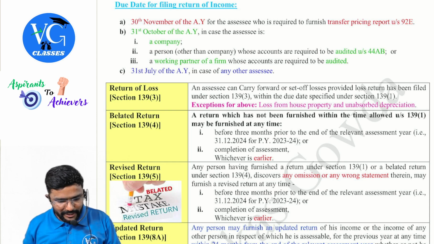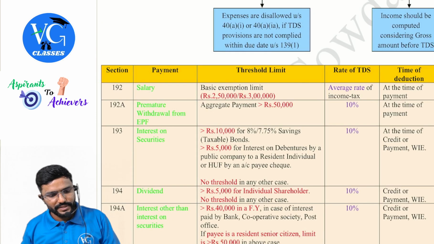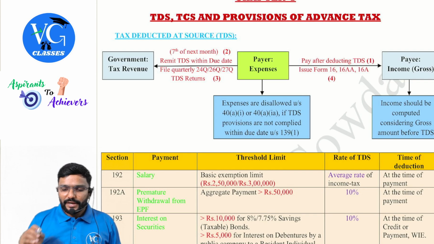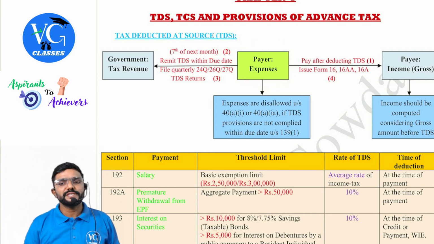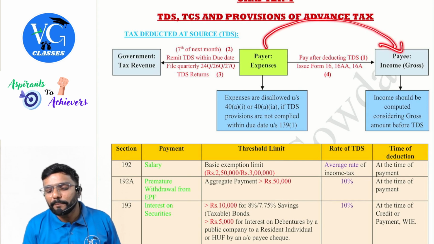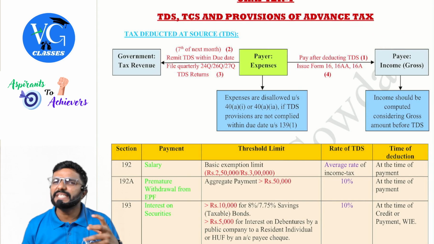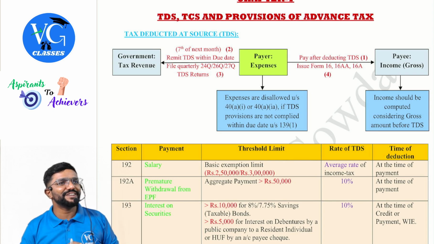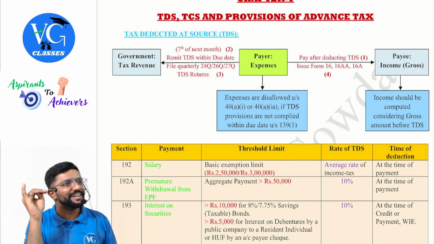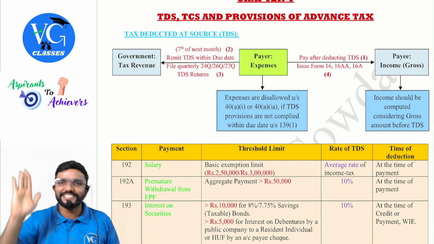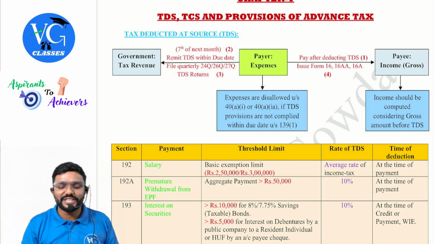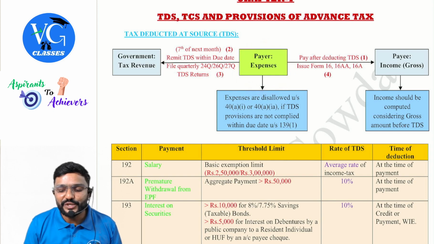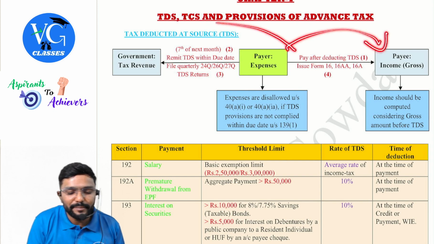Okay, sir. Next, let me touch the concept of TDS also, guys. TDS. Guys, whenever a payer is paying any expenses, he has to check what he is paying to the payee, that is the person who has earned the income, whether it is covered under the TDS chapter from section 192 to 195. Sir, 192 to 195, that means only 192, 193, 194, 195? No, the 194 series is there. Clear? So the payer has to check whether whatever he is paying is covered under any section to deduct TDS. If yes, he has to deduct TDS, give the balance to the payee and remit TDS to the government